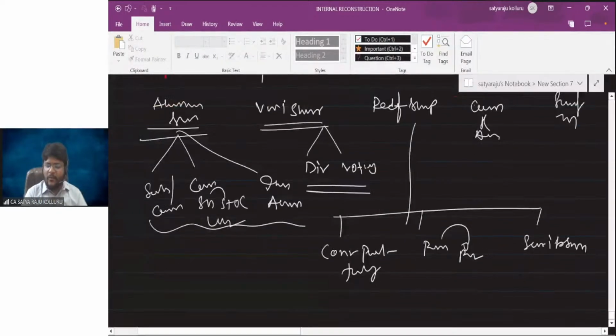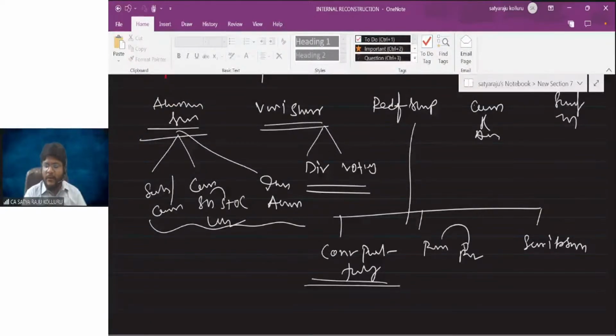Sir, here conversion of partly paid up shares into fully paid up equity shares means you are just changing the face value, you are not changing the paid up value. That's why again there is no real sacrifice. Simply equity share capital old face value to equity share capital new face value. Over. Now reduction through payment means equity share capital to bank. A certain amount is automatically cancelled, and the remaining balance is shown in the balance sheet.